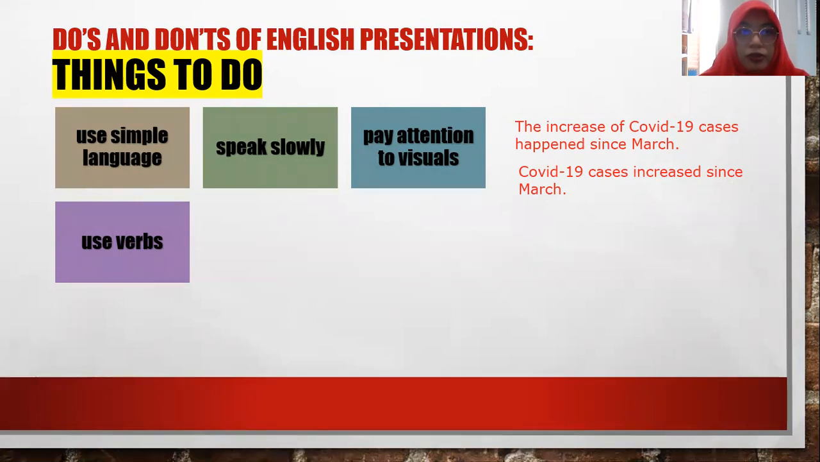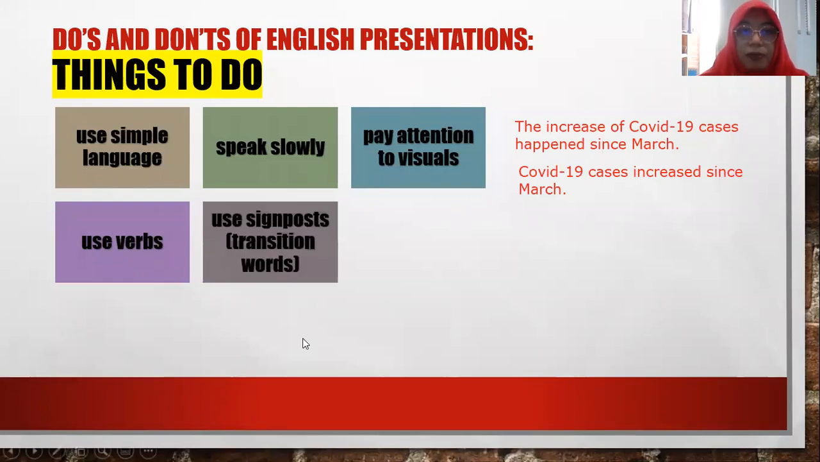Okay, so move on to the next one. Use signposts or transition words. So what are signposts? Signpost means tanda. Okay, transition means transisi, ya perubahan. Okay, so that means these are words or expressions that you can use to indicate where you are going with